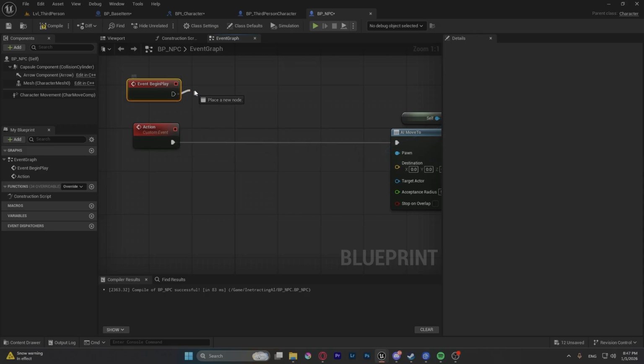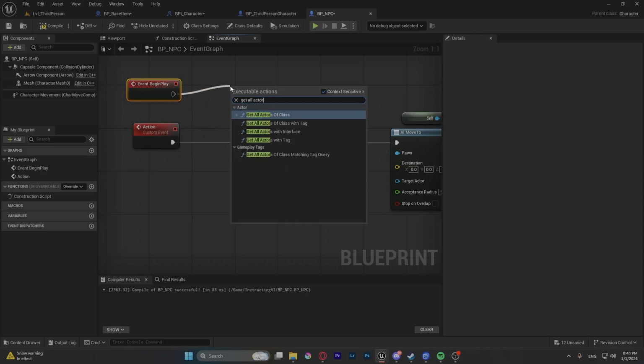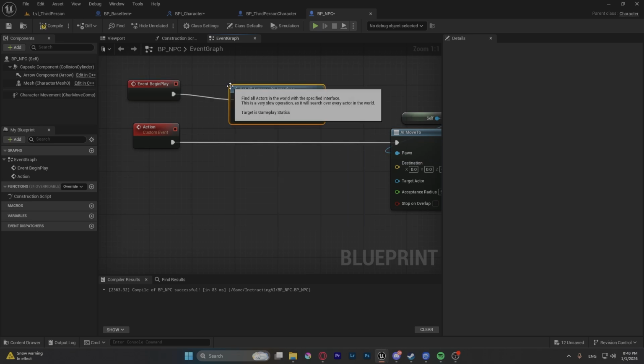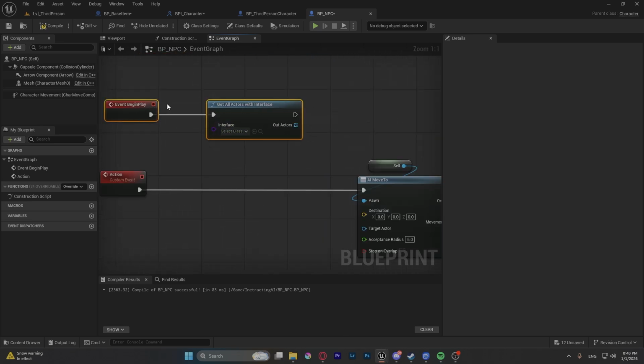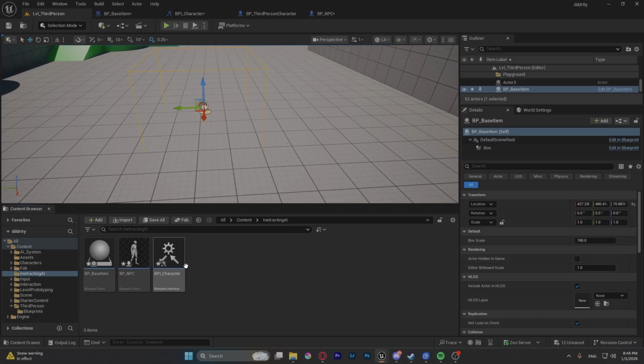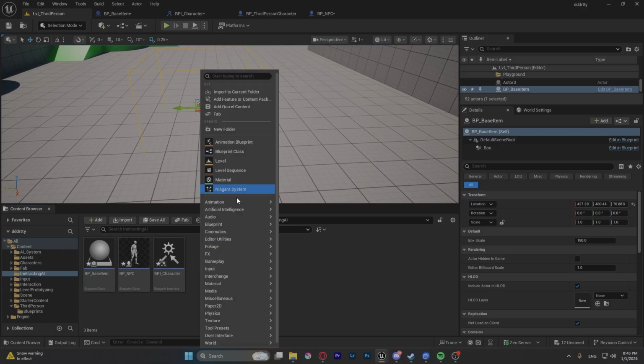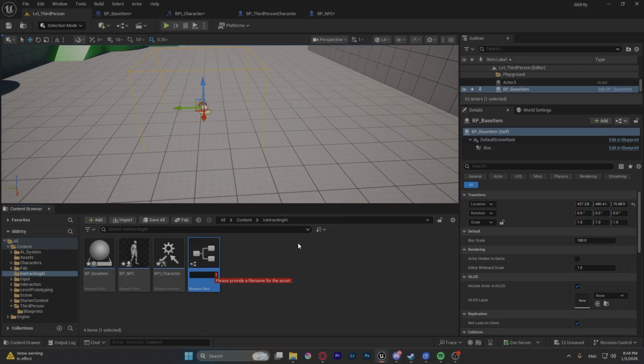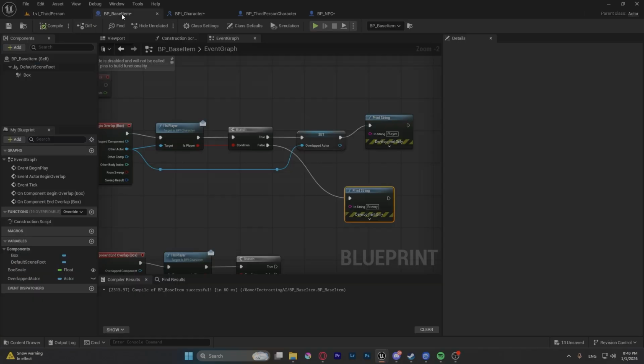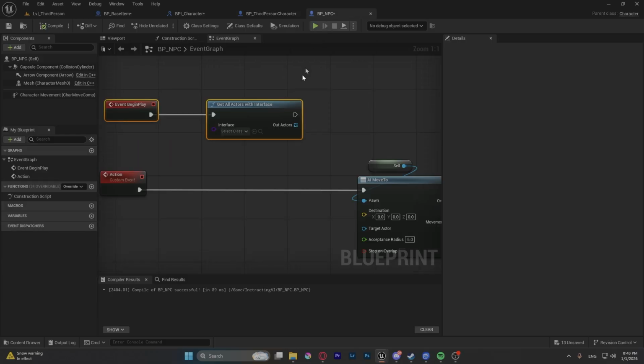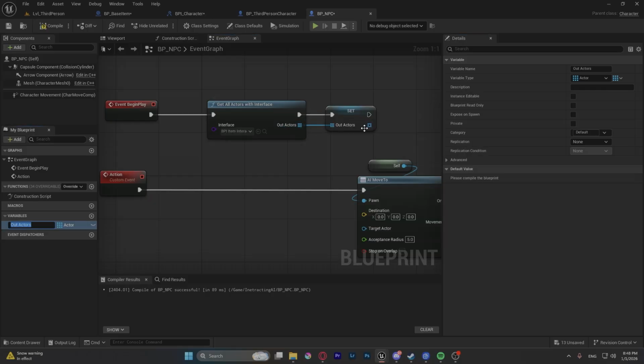So this will be action, and right here at begin play, we're gonna get all actors of interface. So we are gonna create an interface for base item. So we need another interface. This will be interaction interface. So NPC in, or let's do item interaction. So we're gonna equip it right here. We're gonna add BPI item interaction and promote that into a variable. This will be